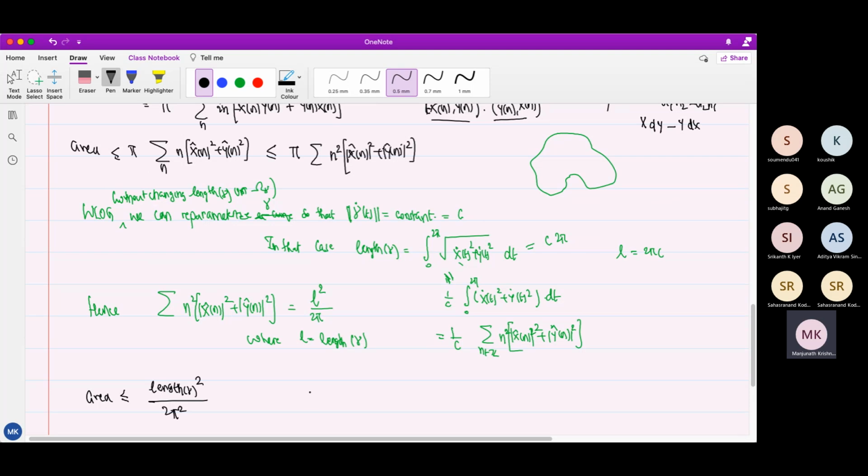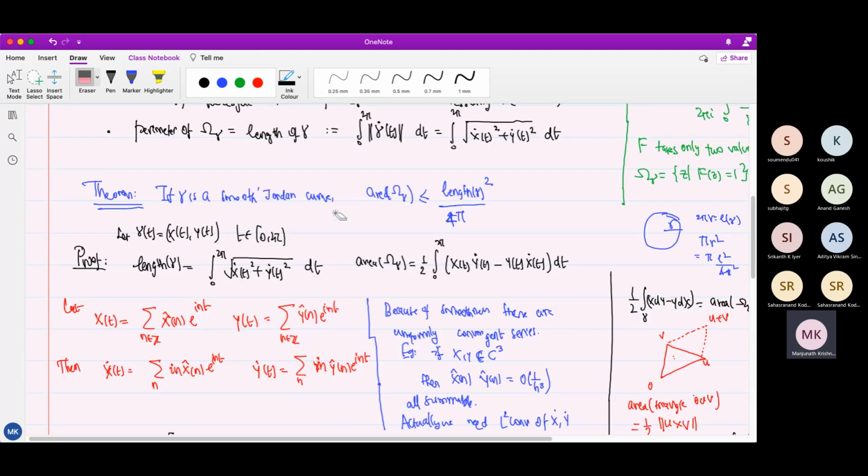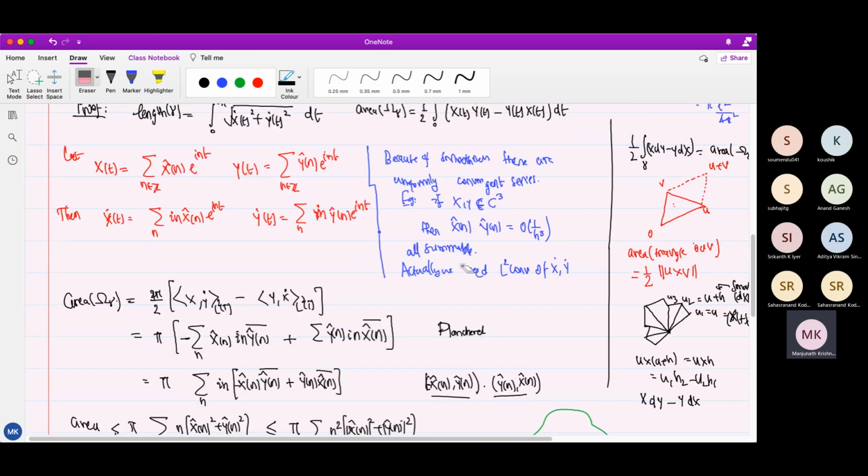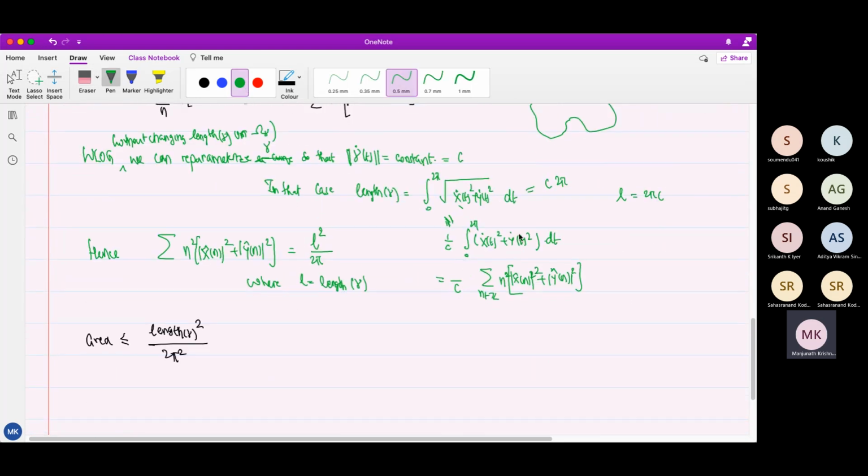Okay, sorry. Here also there is a 2 pi. This x dot squared, I forgot. In this Plancherel, there is a 2 pi. Okay, so there are some missing things. In fact, I should not get pi squared either, right? So there is a mistake. If you remember, what I should get is length squared over 4 pi, not pi squared. So the mistake is here when doing this integral, I wrote it in terms of the coefficients, but it is 2 pi by c, because it's not dt over 2 pi. With dt over 2 pi, I would get this. Because of that, what we get is this is actually equal to just c.